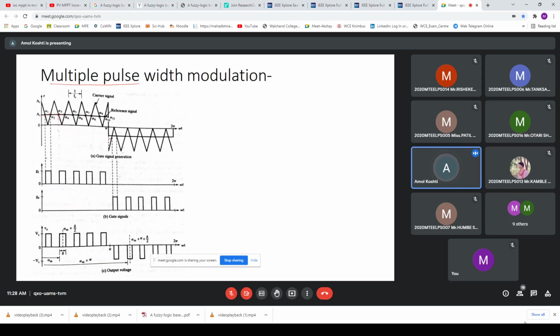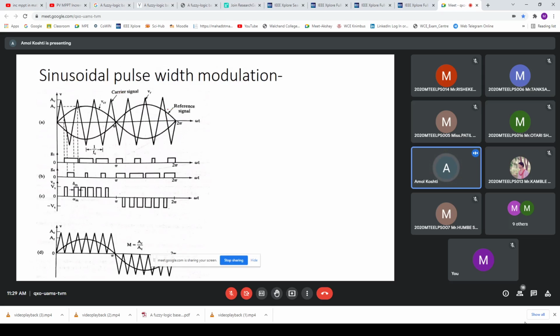Okay, so the same is produced for the positive half and for this negative half. Okay, so if you see, the reference is having positive and negative, and based on our switching circuitry or our switching nature of the inverter or any converter, we apply these pulses to their respective switches and we produce the output. Okay, so these are the techniques which we are using. So this can also be used.